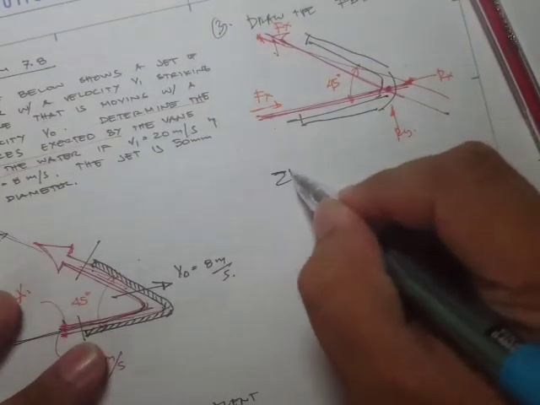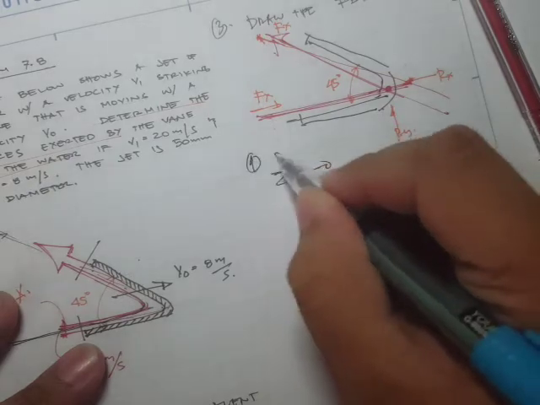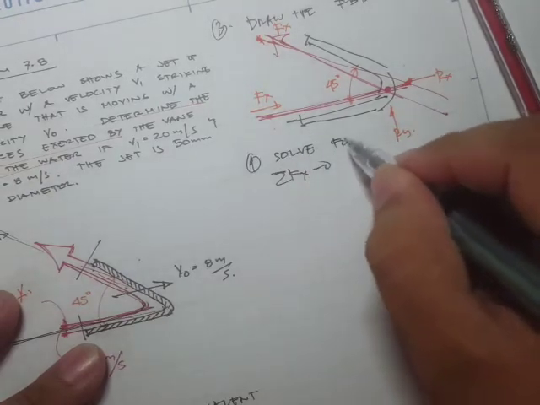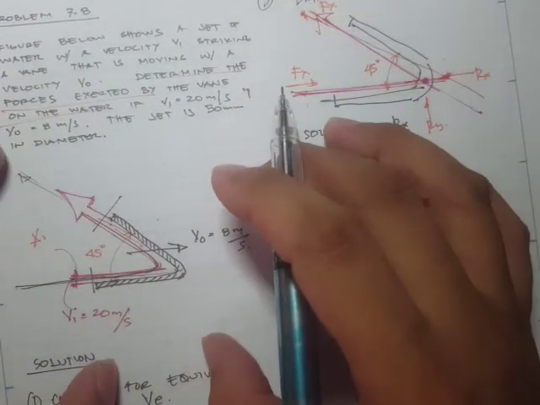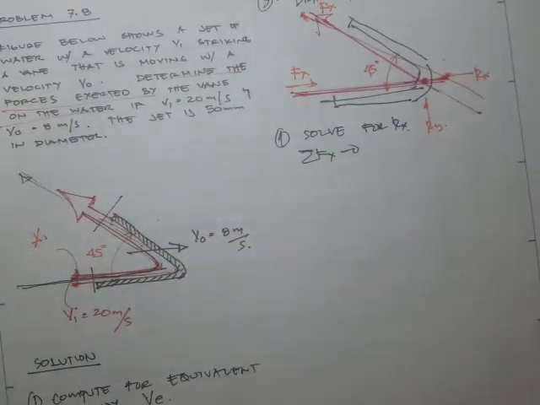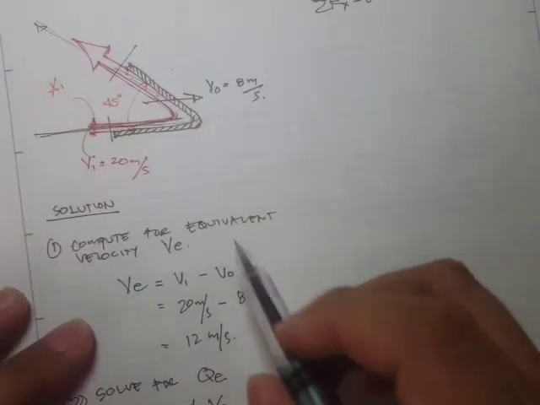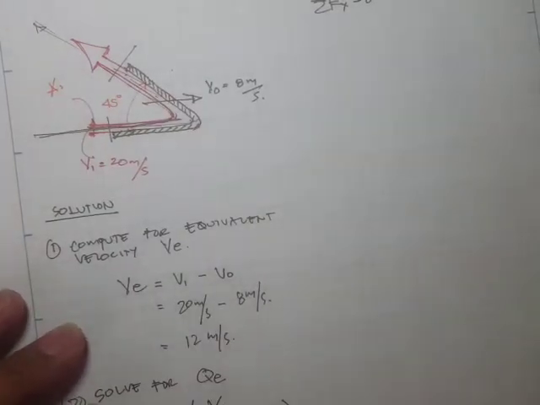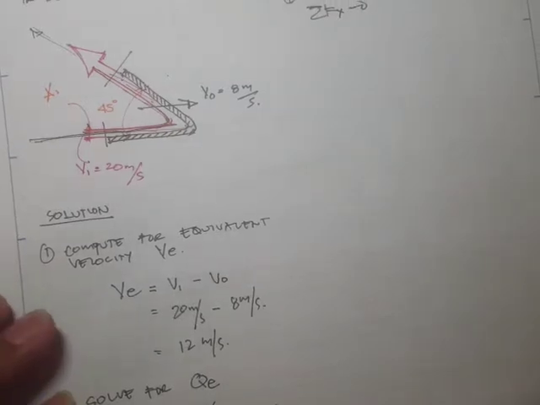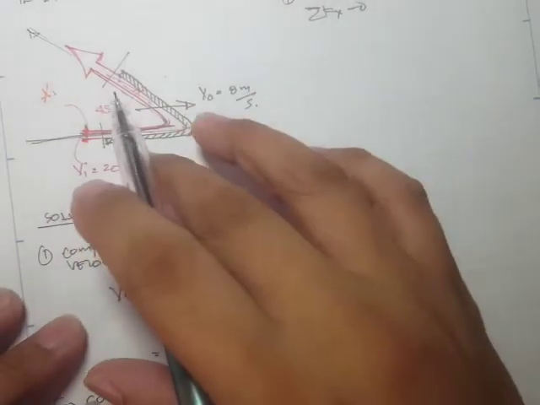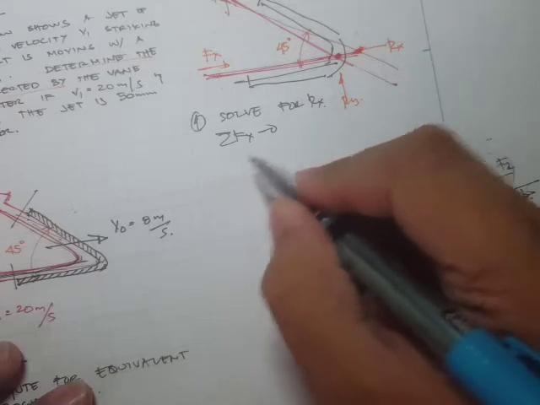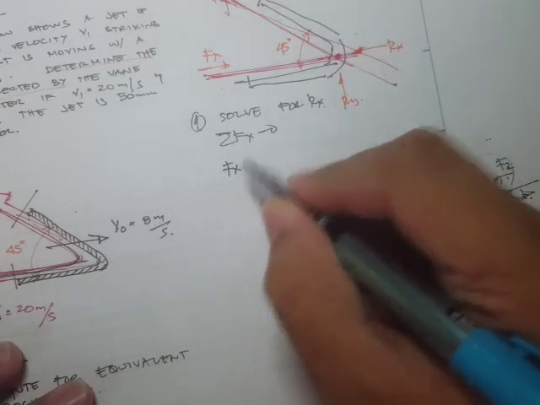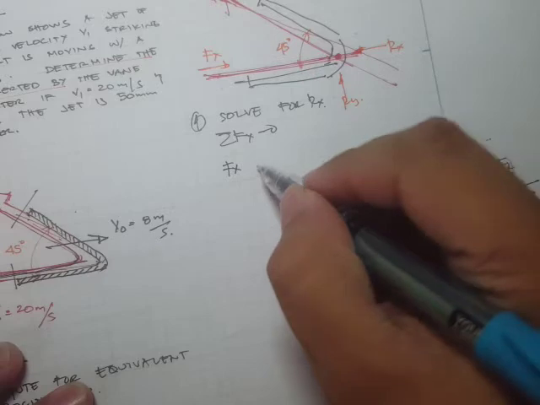Okay, so summation of forces x is, let's write here, solve for Rx. So summation of forces x, although this is moving, since we compute the effective or the equivalent velocity, then we can analyze this as a stationary object. So summation of forces x is equal to 0. Therefore, F sub x is equal to